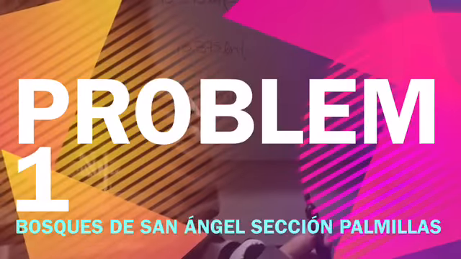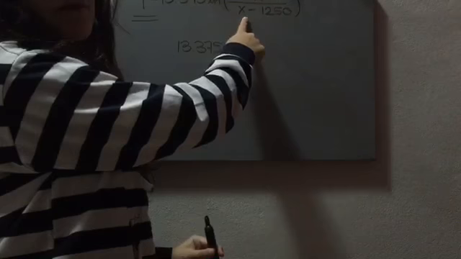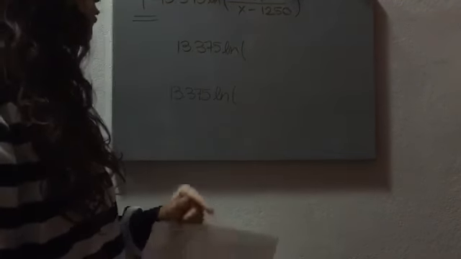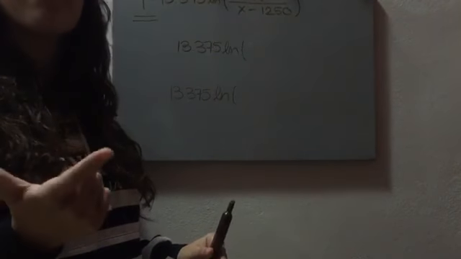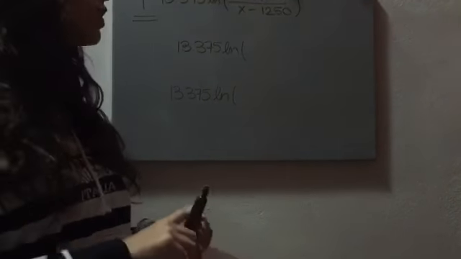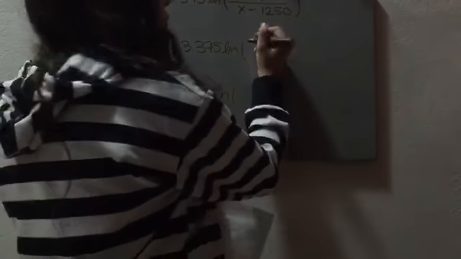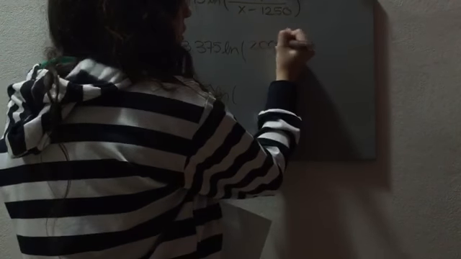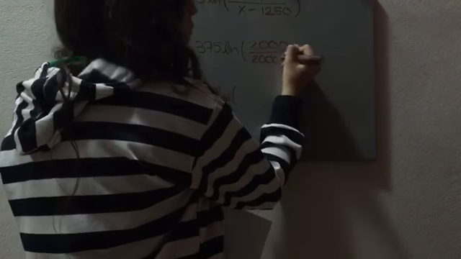Letter A, what we're going to do is substitute some numbers on our X, that is our monthly payment, to get our Y, which is our time in years. So first we're going to do 4 numbers. We're going to do 2,000, 5,000, 3,000, and 10,000. So the ones we're going to do here are 2,000 and 10,000. First we're going to substitute, instead of putting the X, we're going to put 2,000 over 2,000 minus